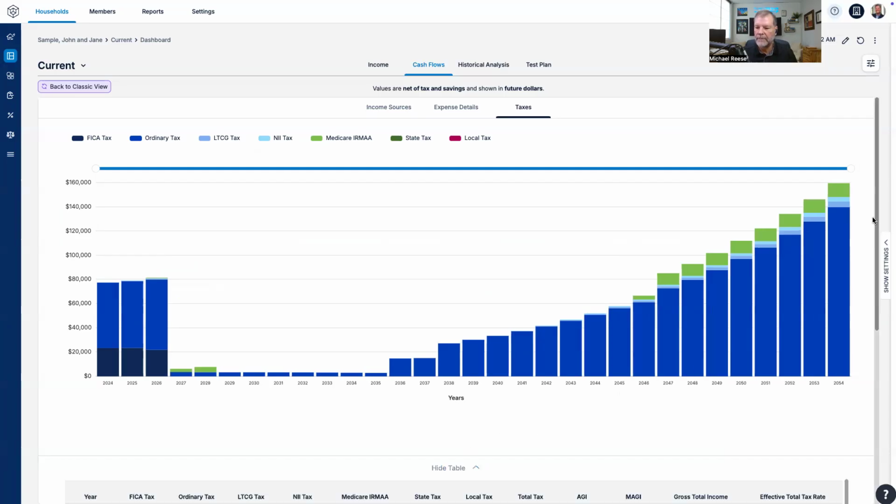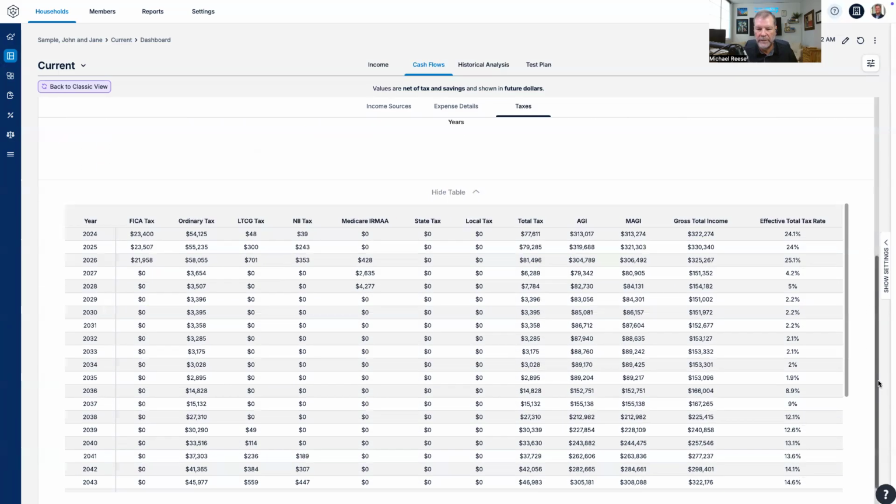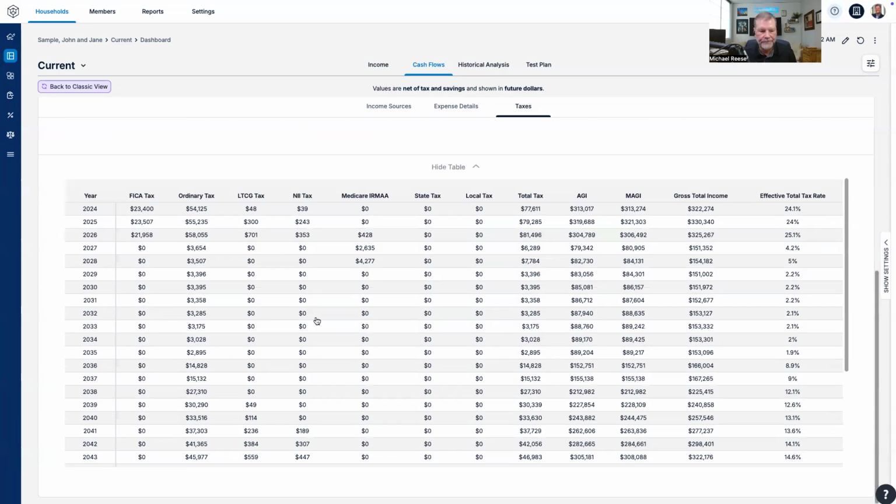Now, if you want to see this in a table format, down at the bottom, we can hit Show Table. And this is something I do every time in our PowerPoint. We take a screenshot of this stuff. And we say, look, here's your taxes right now because you're making like 300 grand. You're in like a 24-25% effective tax bracket because you make a bunch of money. But then you retire and look, your taxes go way down. Why are they down to like 2%? Because all you have is Social Security, pension, and some